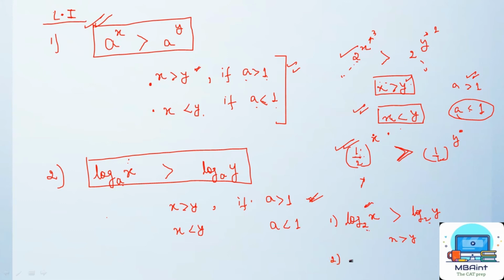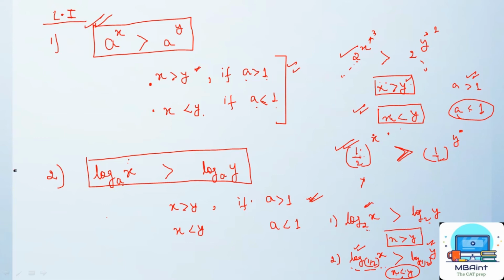Condition 2 says that if I have, let's say, a base less than 1, so this is log base half of x and this is y. Now in order to make the LHS the larger part, I need to make x less than y, guys. Remember that this is the case. In order to make the LHS still greater than the RHS, I need to have x less than y, right? In the very same condition that I saw in the first case.